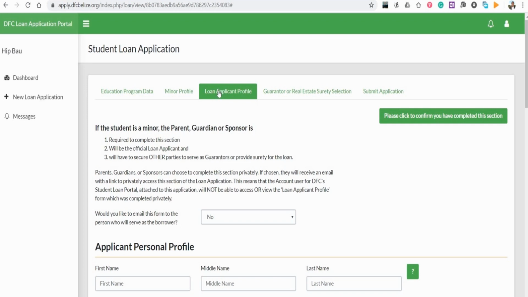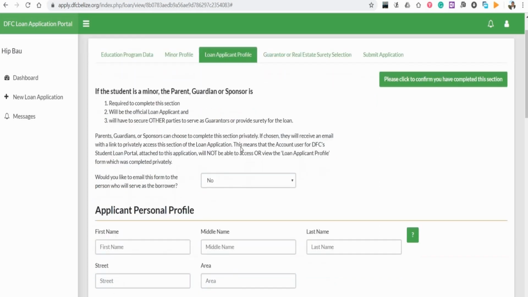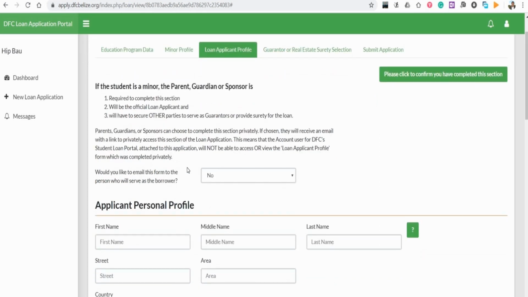So for example, if you are applying for a child who is below 18, then the parent is going to be considered the loan applicant, and as such, they would have to then get another person to serve as the guarantor. We understand that this part might contain some privileged information, and as such, the parent or the person who